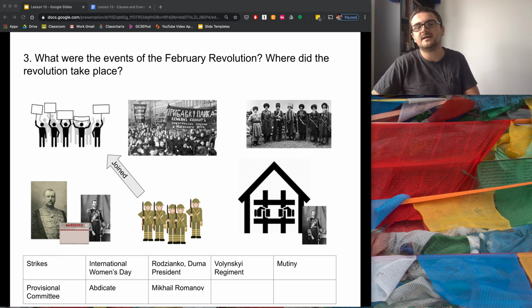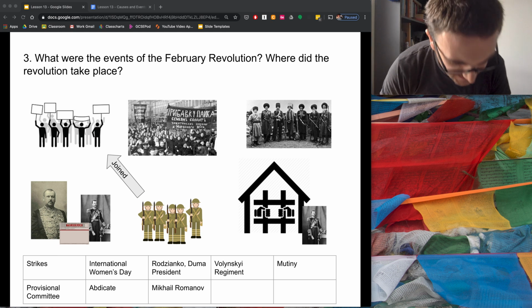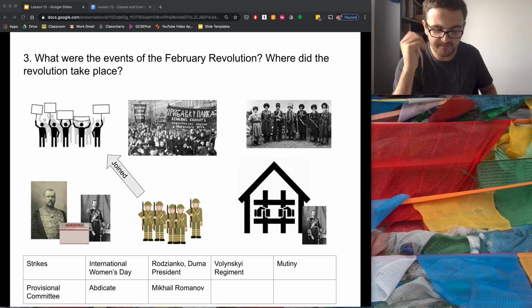Fantastic. Right, now I'm going to talk you through again. Fill in the gaps, add anything you had forgotten before, but I'm going to tell you the broad brushstrokes of the events of the February Revolution. Now, the revolution started on Monday the 14th of February, when